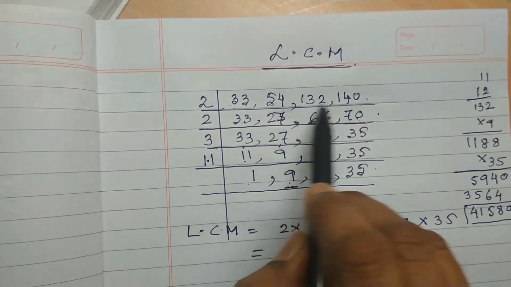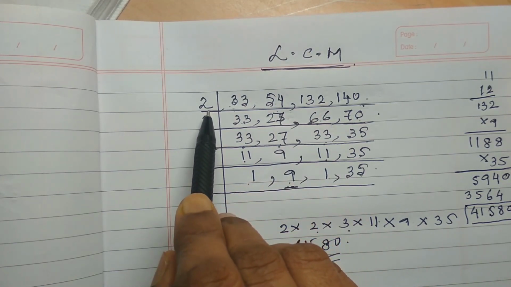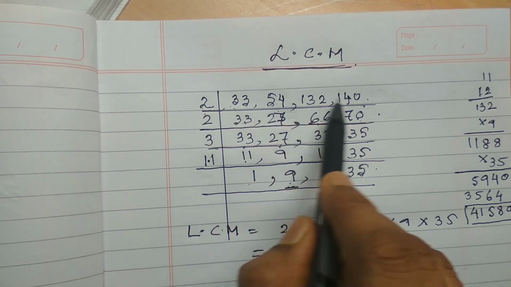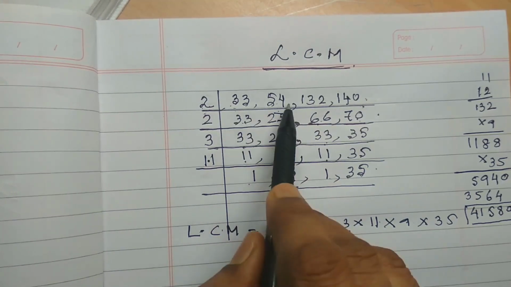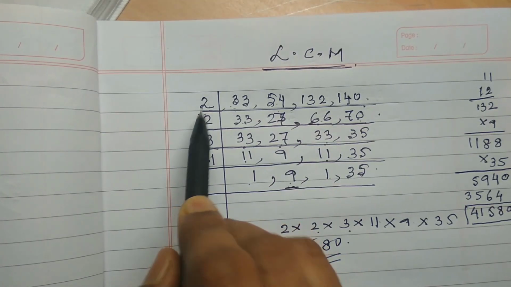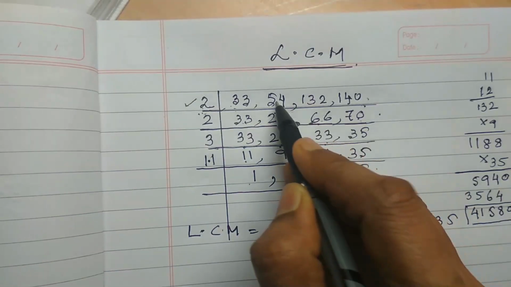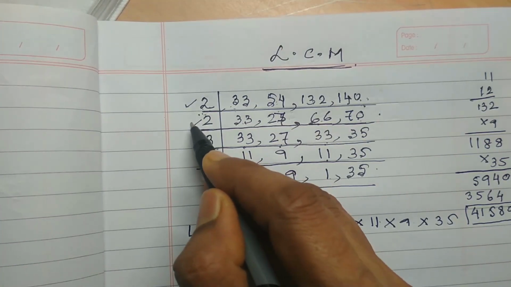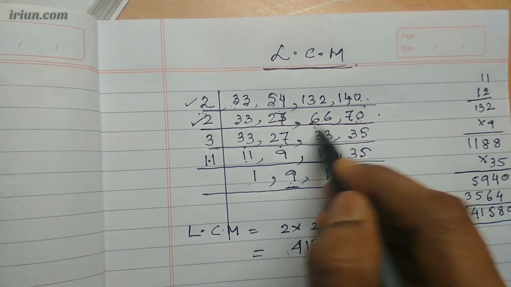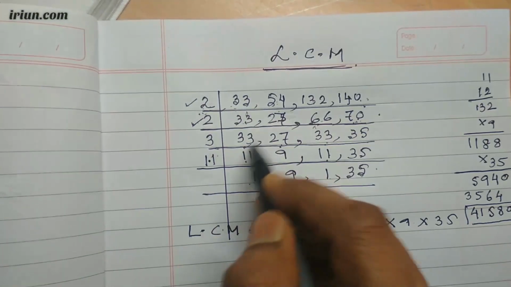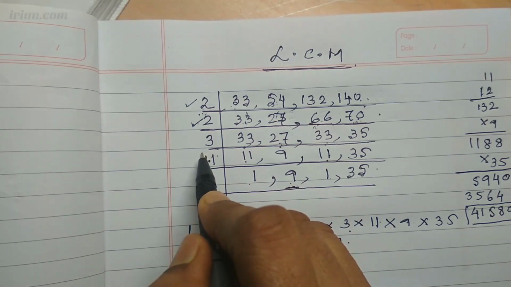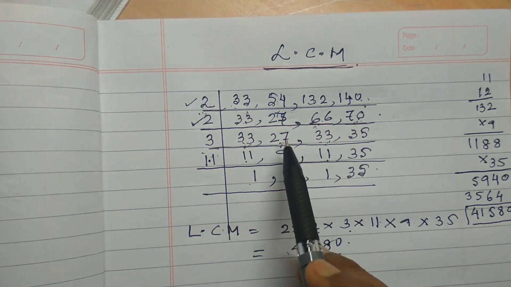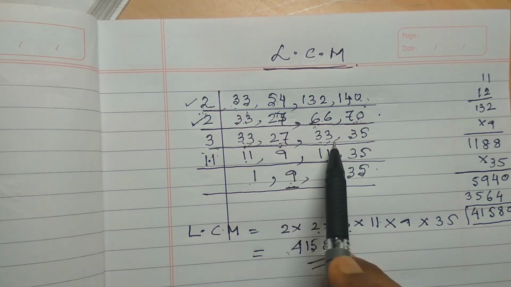So keep it in your mind when I do the LCM, it's not necessary that all the terms will be divisible by a number here. The prime factor or the factor which you are writing here, not necessary that it will divide all. Minimum 2 terms will be divisible by this number. So when I used this 2, then these 3 terms are divisible. And when I used the next 2, then only these 2 terms are divisible, so I can continue with this 2. This I will write as it is. Then I used 3, only these 2 terms are divisible, and sorry, 27 also, 3 terms are divisible. So I can use 3 here.